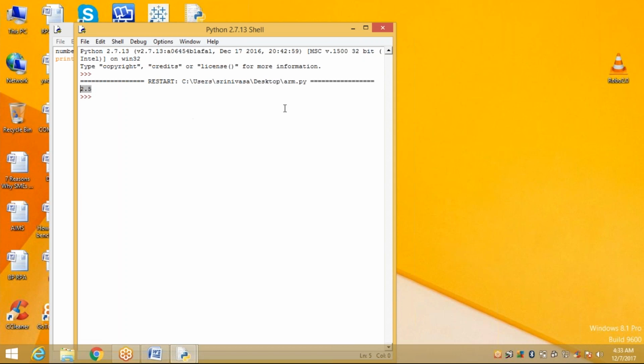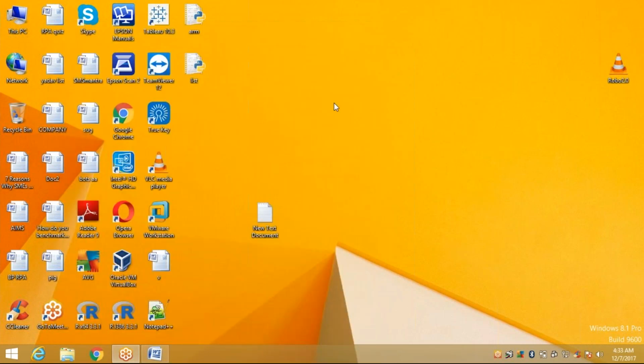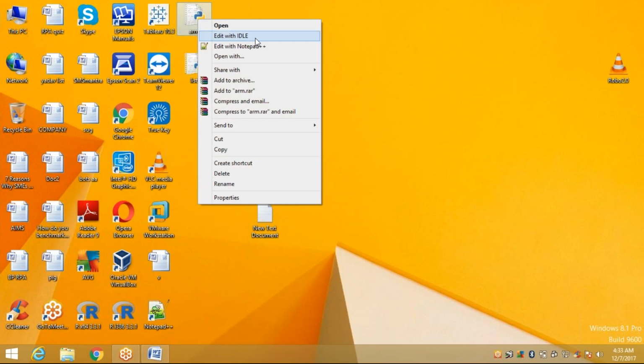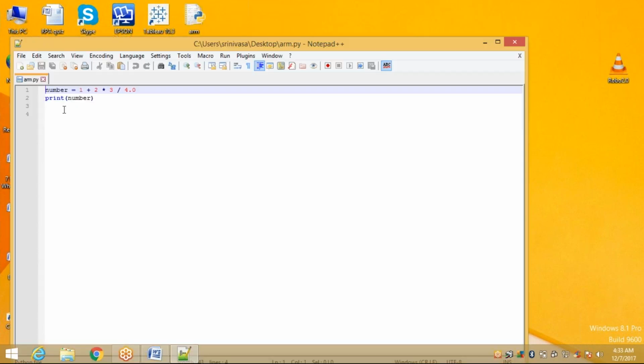This is your output. So if you install Notepad on your system, you can directly copy and paste the program. You can practice, and right click on it, Edit with IDLE. Suppose you want to edit it, Edit with Notepad, so you can edit it. Okay. This is the way you can practice.